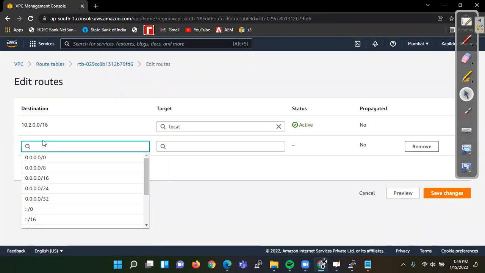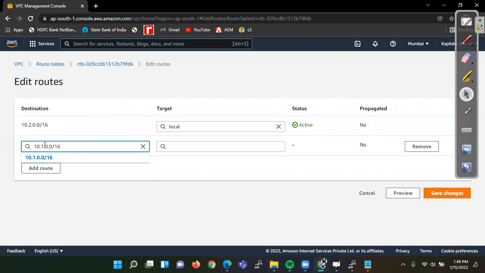Okay, and we can write anywhere here, or you can provide the IP address of that region also. So let me write the IP address of that region, 10.1.0.0/16.